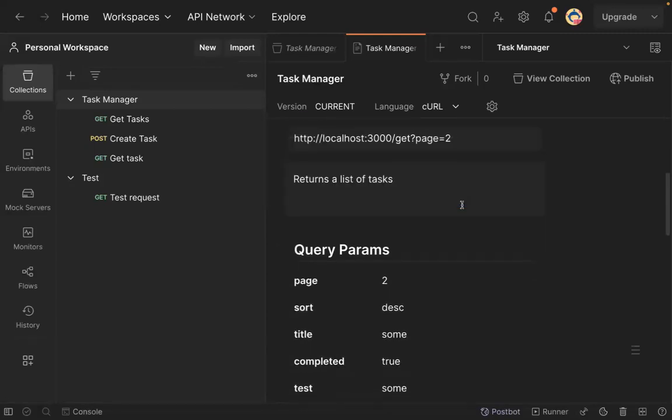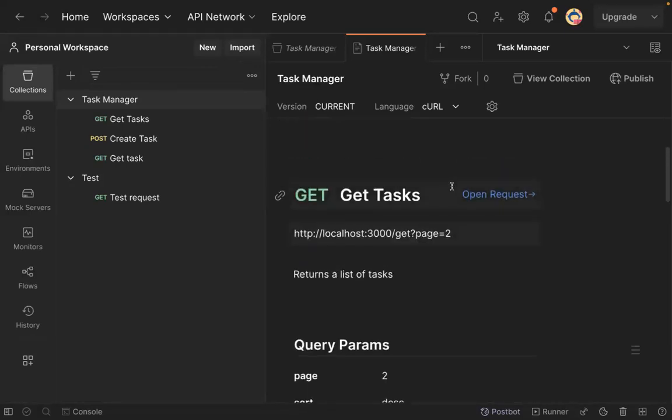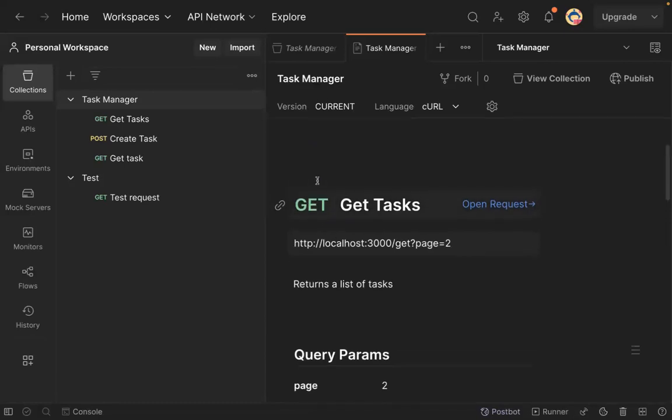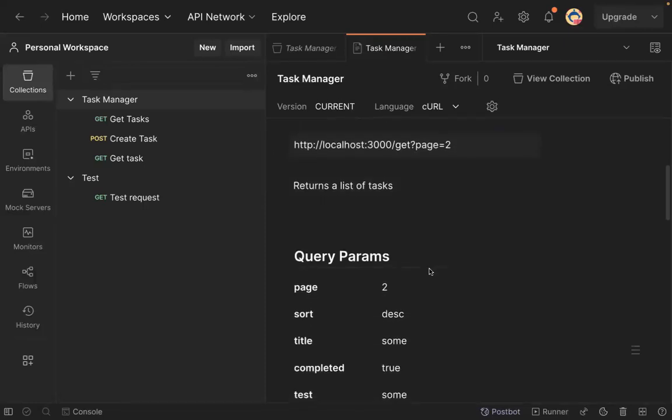Then you can come down to this one. As you can see, the request here is get, and the title is get tasks, and this is the URL /get (page equal to 2), or you can say page is equal to